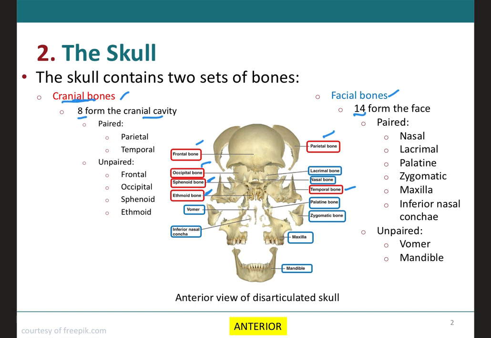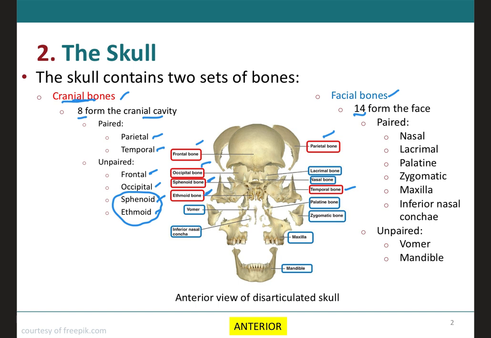The way that I remember all these cranial bones is by thinking that the cranial bones are going to be formed by all 4 bones that have the easy names, and that will also represent the lobes in the brain, which are the frontal, the parietal, the occipital, and the temporal. In addition to the 2 that have complicated but similar names, which are the sphenoid and the ethmoid bones. So all these bones will be the cranial bones, and therefore all the other bones in the skull will be